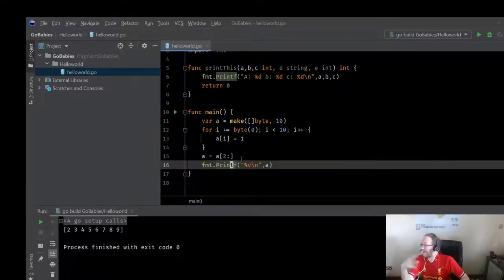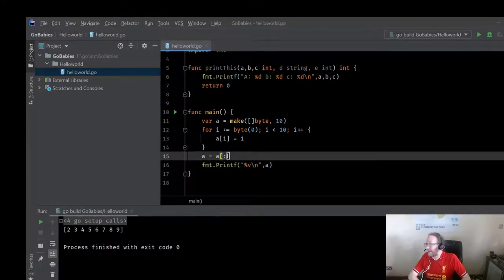And I've replaced A with itself, except minus the front 2 bytes. If I wanted to do that at the end of the slice,